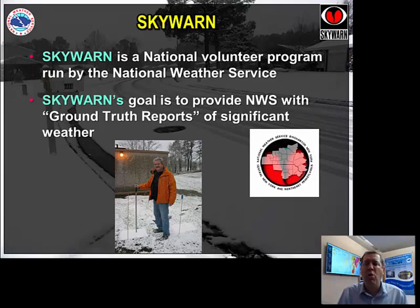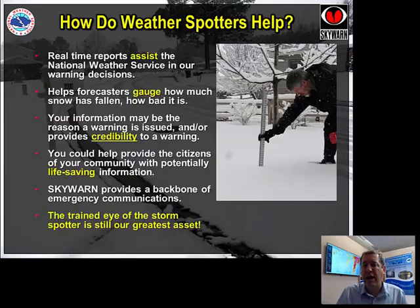Its goal is to provide the Weather Service with ground truth reports of what is actually happening where you live. Is it as bad as the radar says, or perhaps it's not as bad as what the radar says? And that's where folks that are trained really help us out. You folks really assist us in the warning decision process, help us gauge how bad a storm is. Again,